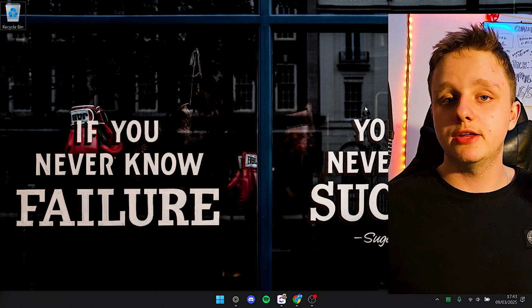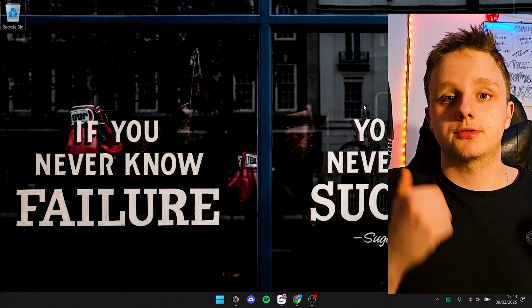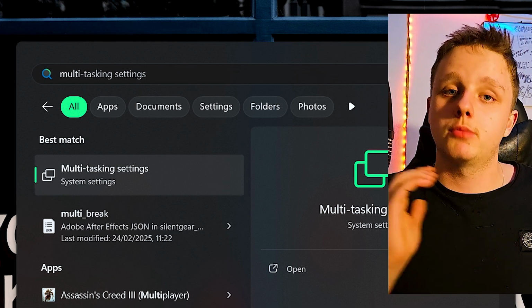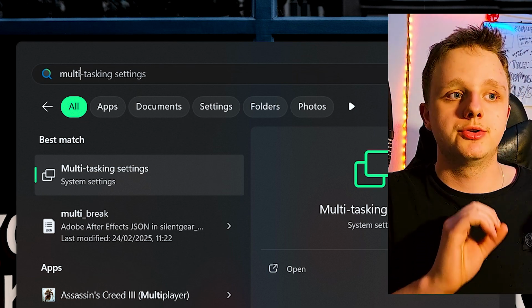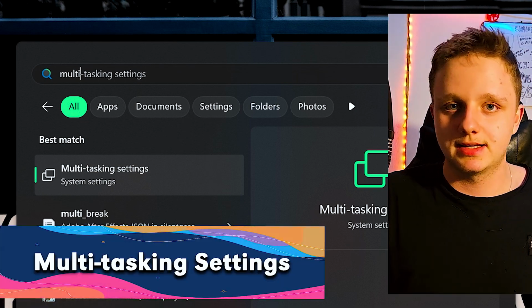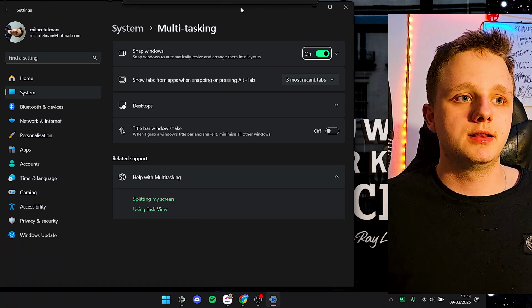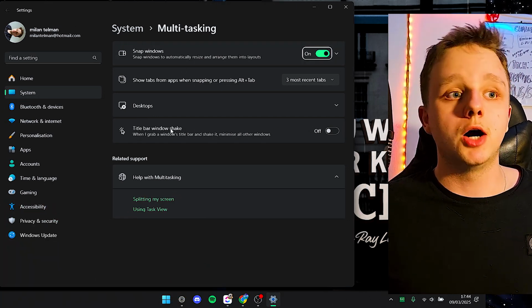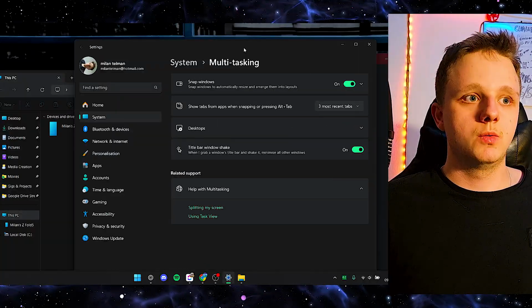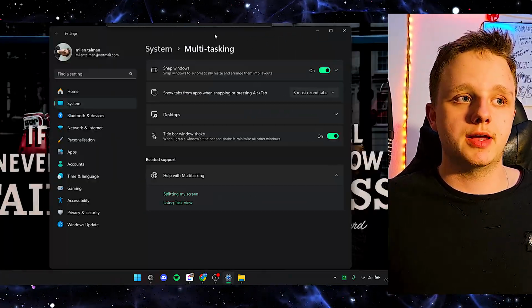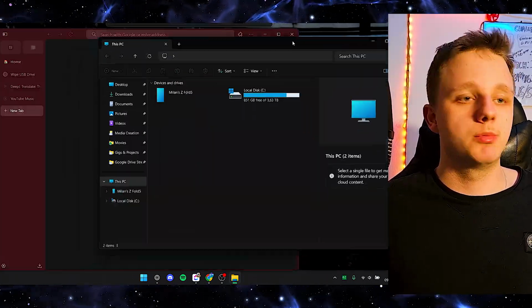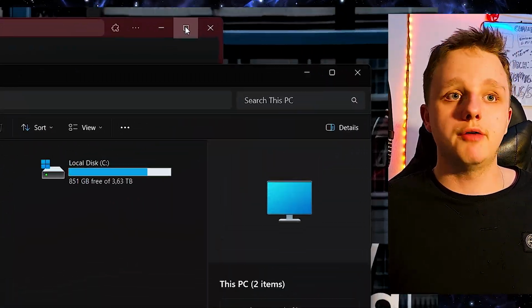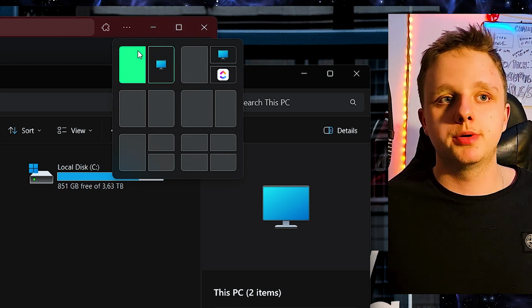The second one is pretty useful if you want to multitask more often. By the way, to find more settings about this feature, you just have to type multitasking settings in the start menu, and then you can enable snap windows and everything like that. Also title bar window shake, which is pretty useful if you have tabs and you have to close them just like this. But what we can also do is hover our mouse above the maximize button, and they have